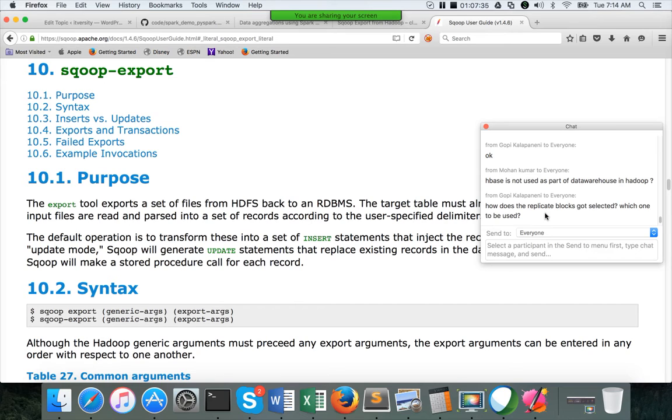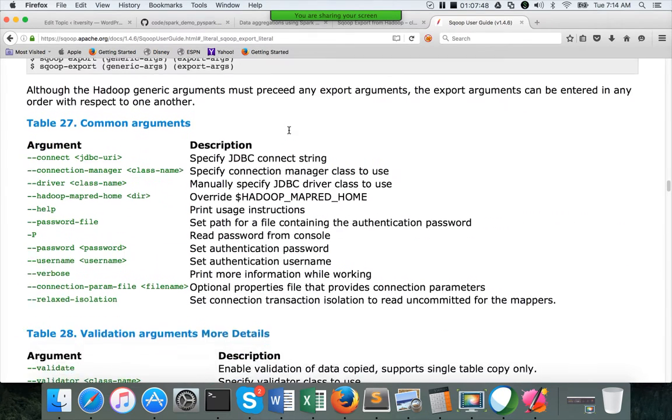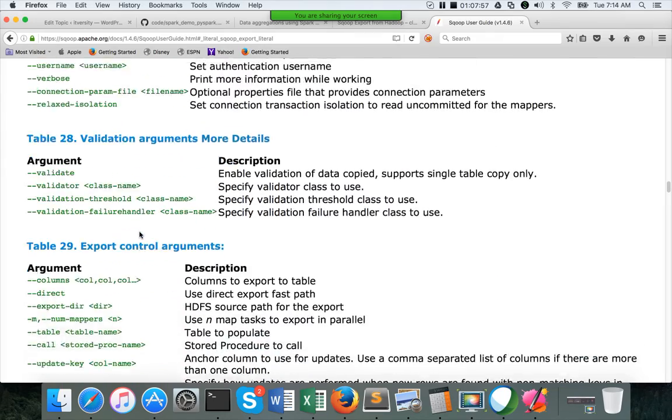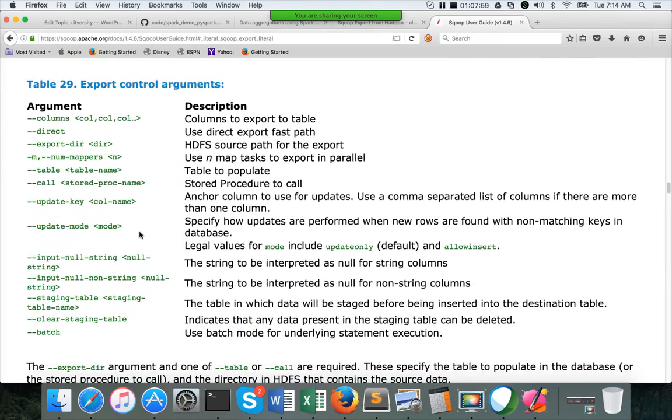So here, when it comes to questions related to execution, you should think from the MapReduce point of view. It's all MapReduce here to process the data. Okay, good question. Sqoop export. So in Sqoop export, you have common arguments. I don't need to get into those things. It's exactly the same for import-all-tables, etc. Control arguments are the ones which will differ from import. In import you have almost 25. Here you have approximately 12 or 13.